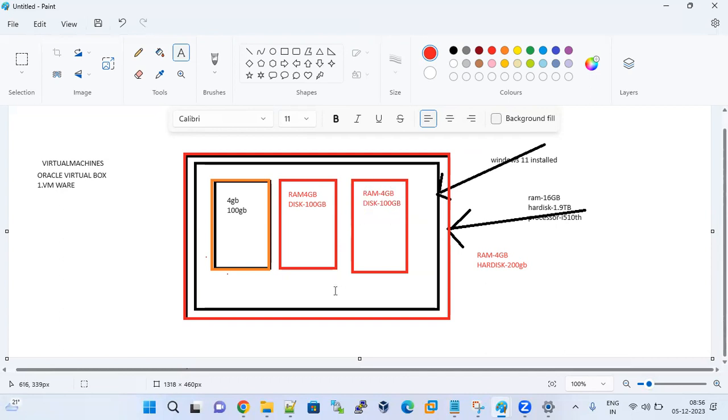Clear? On top of each virtual machine, I need to install at least one operating system. You can install Windows or Linux. Here I want to install the Linux operating system, here I want to install the Windows operating system, and here Linux. So this is how you create a virtual machine. On top of the virtual machine, you have to assign some memory, assign some disk space, and install at least one operating system. If we install an operating system, then I can interact with this computer.